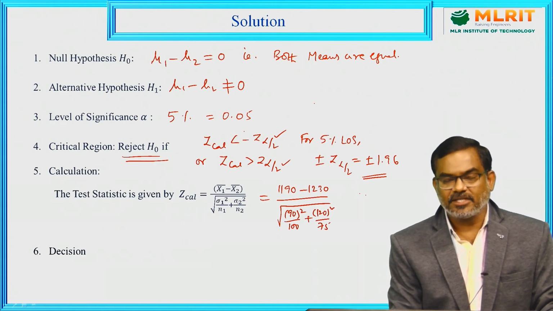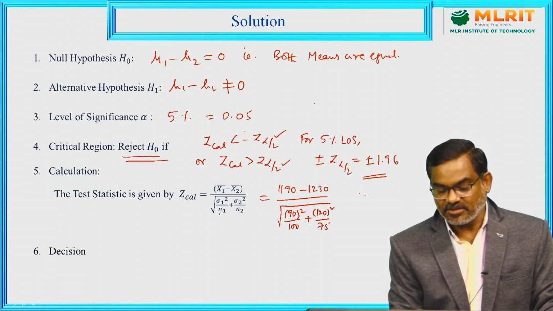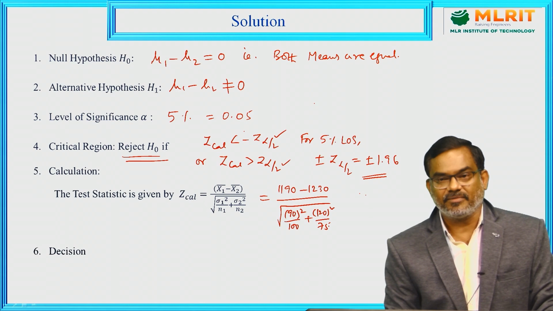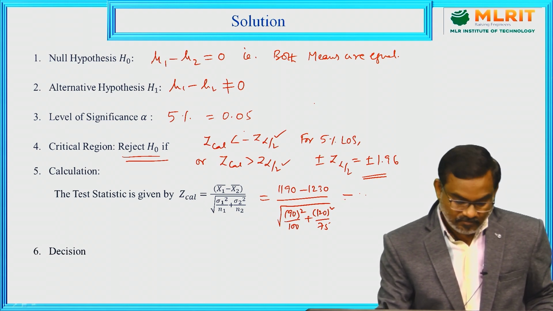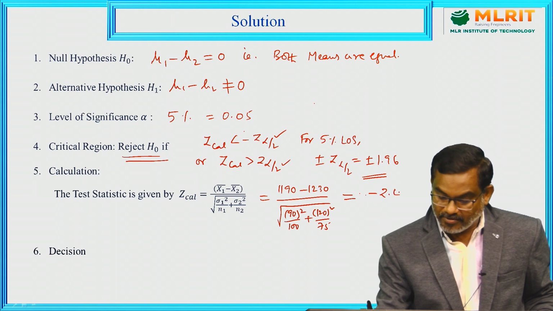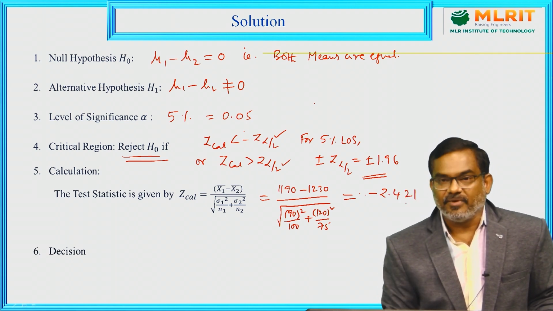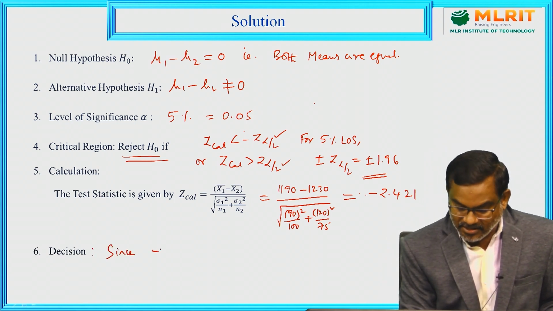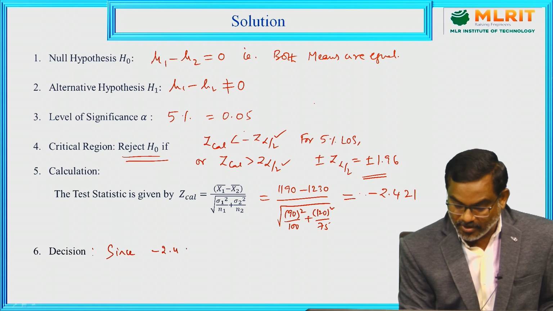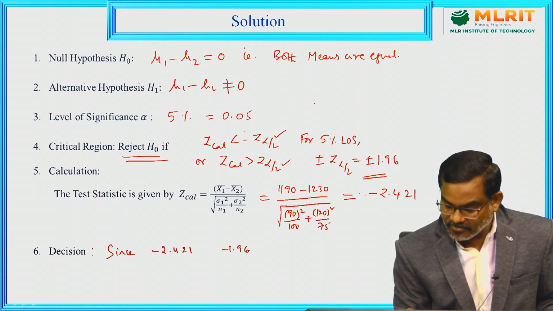Since sigma 1, sigma 2 are not given, we can replace them by S1 and S2. The size of the first sample is 100, second sample is 75. And by calculating this value, we will get minus 2.421, which is a negative value. And to take the decision, we compare our calculated value minus 2.421 with the negative value of the tabular value